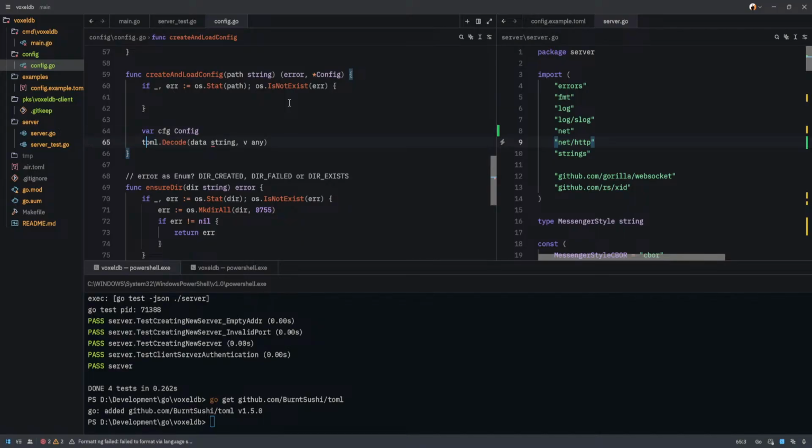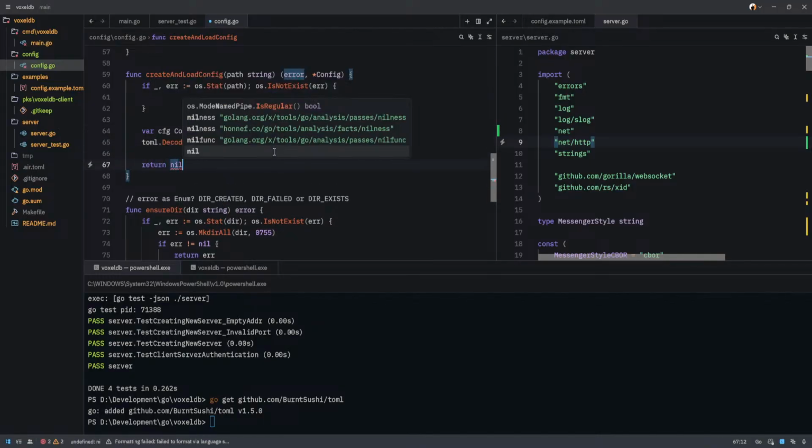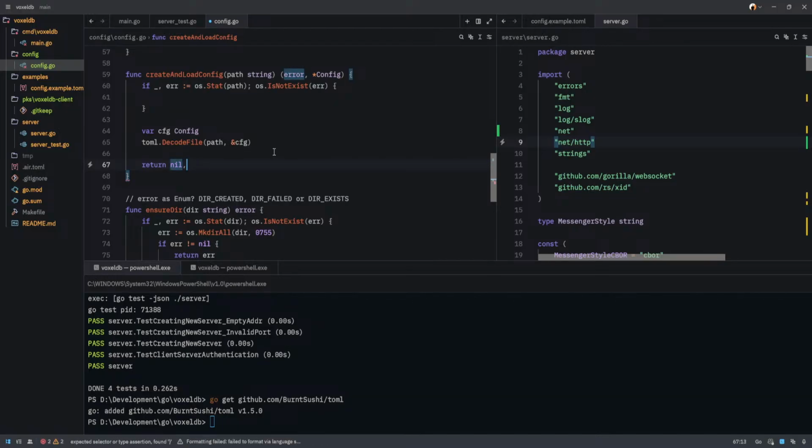If it does exist, we're gonna deal with that because that means we could read that file, and then we could actually use this one with the path and put it into CFG, and I think that has to be by pointer because it's gonna adjust everything in there. And then we could actually return nil and then the config here. And that has to be then